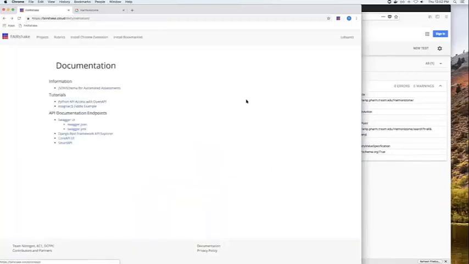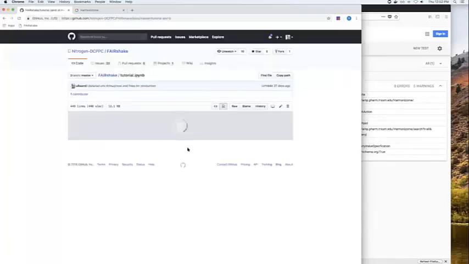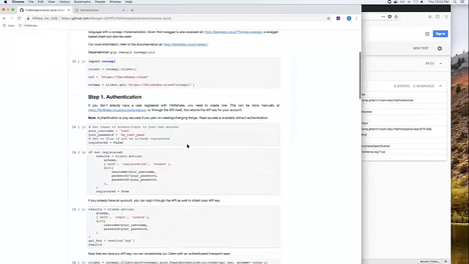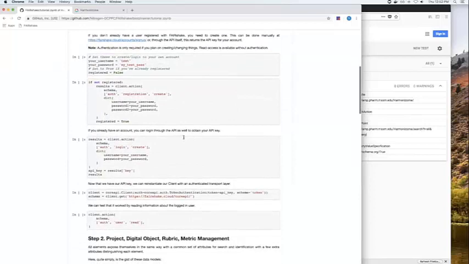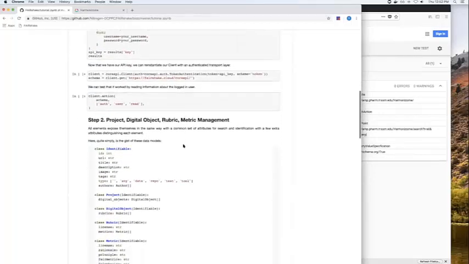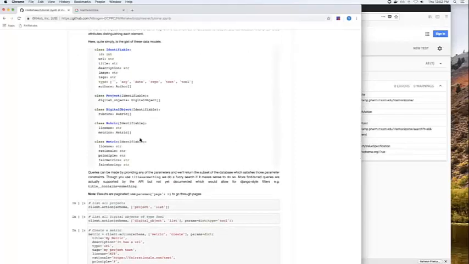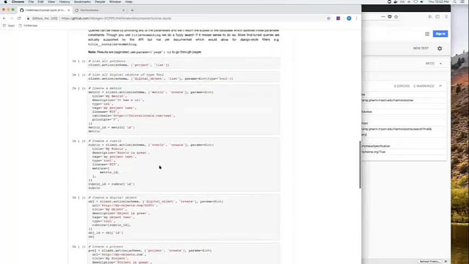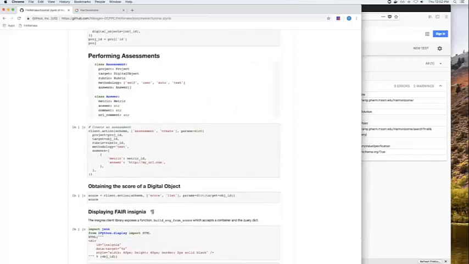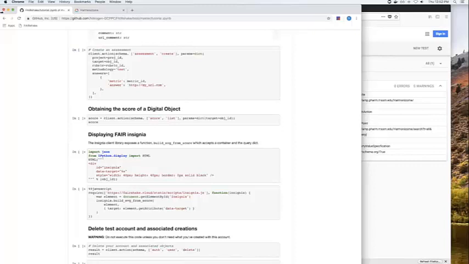Similarly, all of the things I showed and more are accessible through a REST API, and Python bindings have been created to show how you can interact with that REST API programmatically so that you can both create, search, and find digital objects, projects, rubrics, metrics, and also indeed perform assessments automatically through the API.